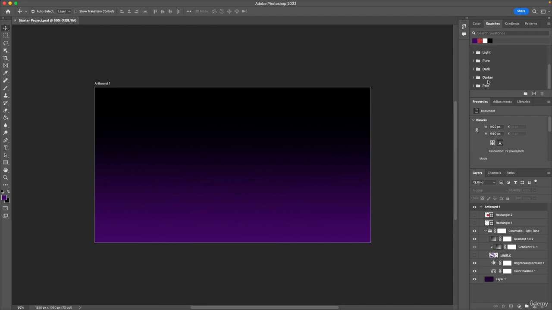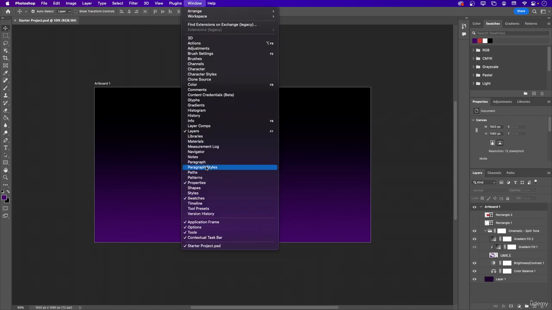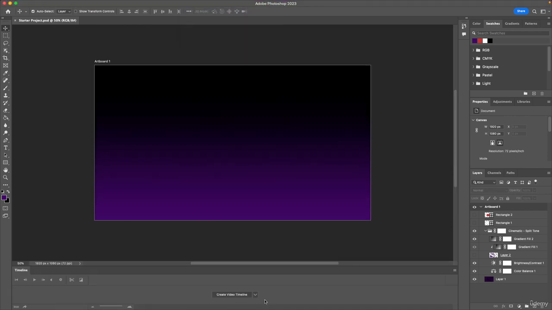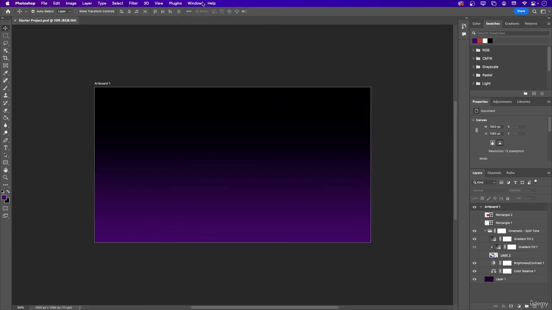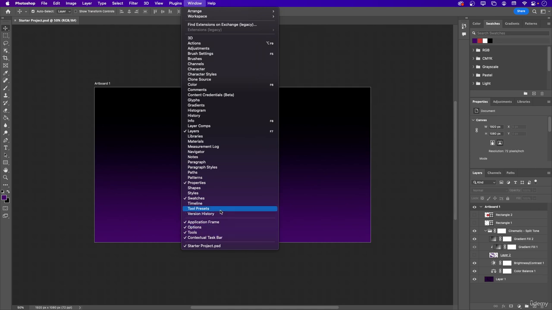These are the preset swatches that they put in there, but you can make your own custom swatches and create a new group as well. Timeline, this is for doing video. I don't really do a lot of video stuff in Photoshop. It's not that Photoshop is not capable, it's very capable, but After Effects is kind of my wheelhouse for that. Tool presets,